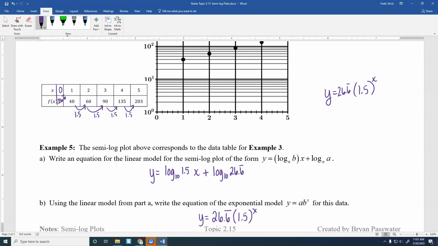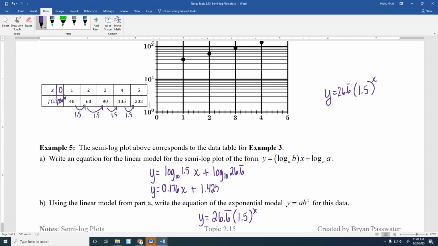I don't really have to write that 10 there, it's just our regular log. I'm using 10 because my axis is 10 to the 0, 10 to the first, 10 to the second. Here it's usually going to be 10, but it could possibly be something different. If I do log of 1.5, I get 0.176. It keeps on going, but we'll just round it to 3 decimal places. And then if I do log of 26.6 repeating,